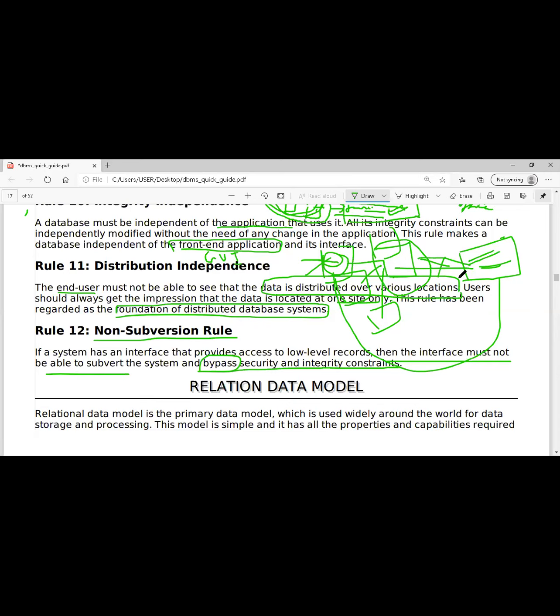So if you do like this, you have not been following the rules. That means your database or your application is not suitable for this. With the help of a GUI, we are going to develop applications, a lot of applications. Now each application is linked with a database somewhere.